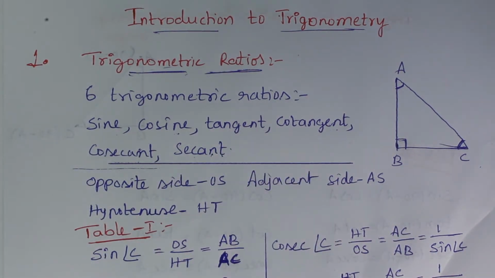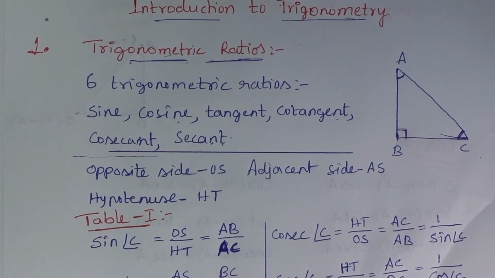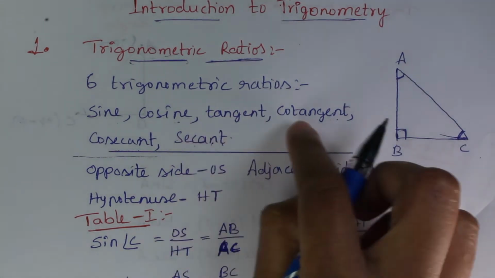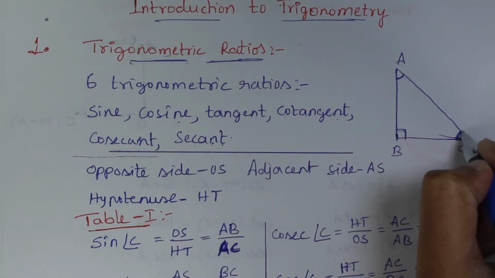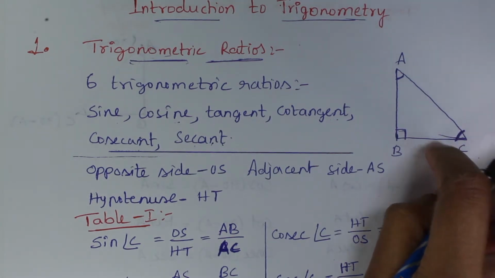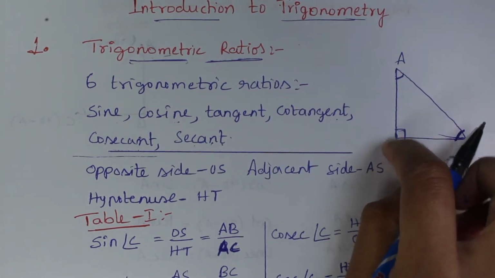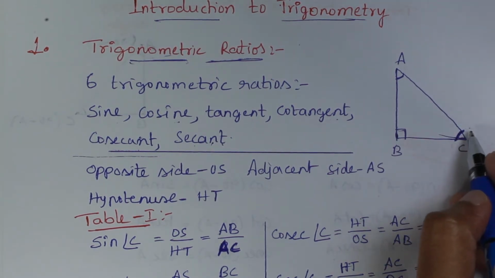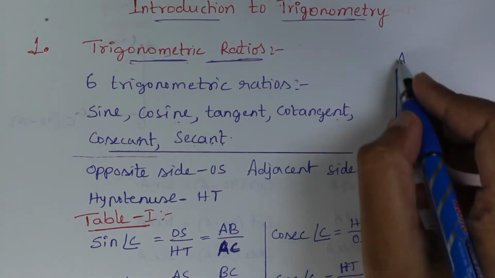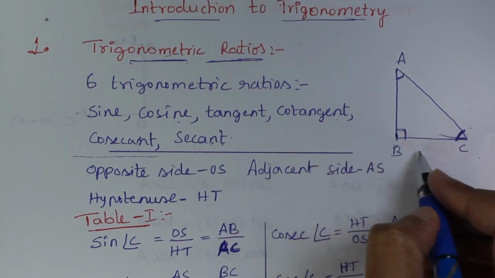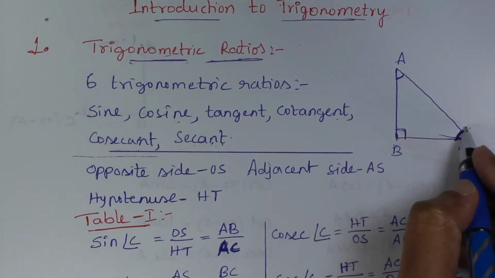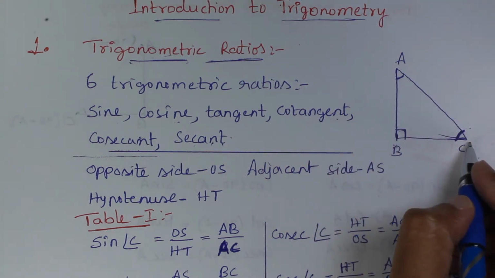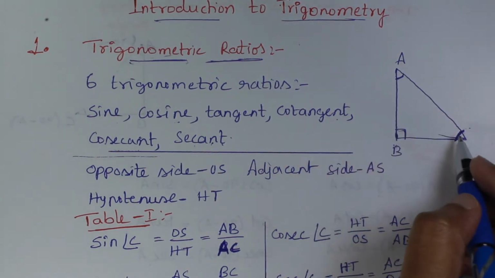And before starting off with the calculations of the ratios, I want you to understand something in this triangle. We'll calculate these trigonometric ratios for the angles. For example, we should understand what is the adjacent side and opposite side for a given angle in a triangle. So let us consider angle C. What will be the opposite side of angle C? It will be AB. AB will be the opposite side of angle C and BC will be the adjacent side of angle C. That is, the base of angle C is adjacent side and AC will be the hypotenuse, that is the longest side in the right angle triangle.